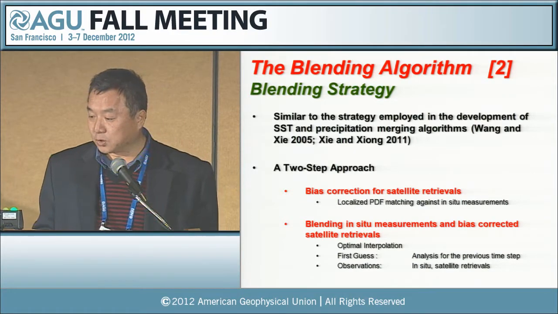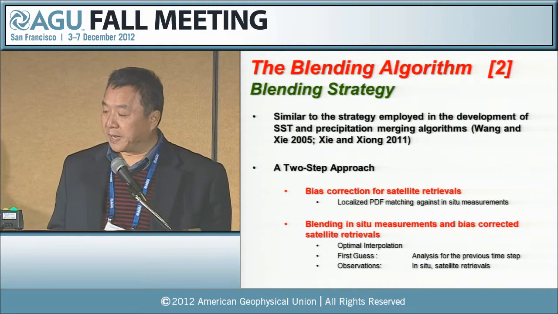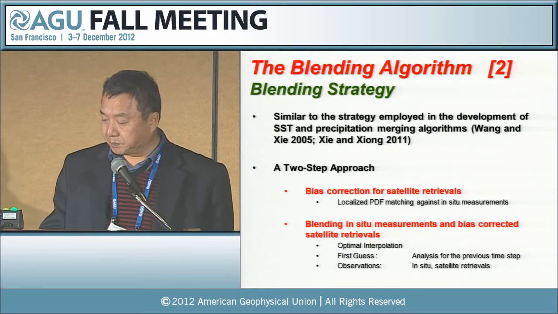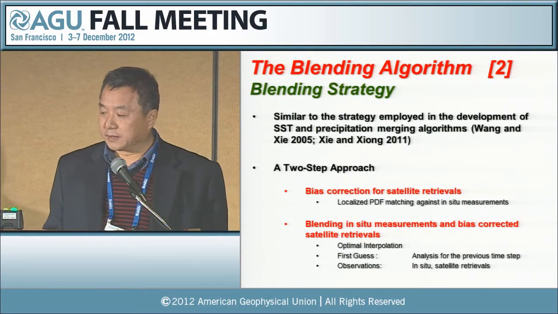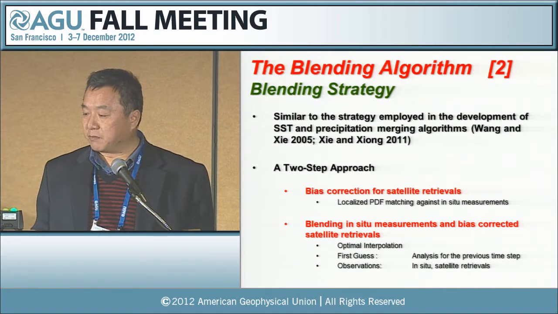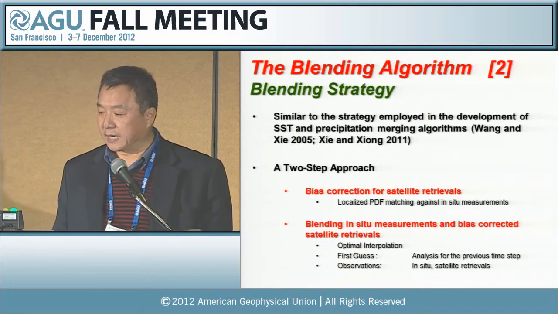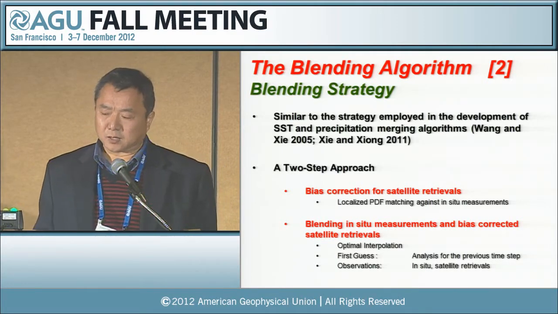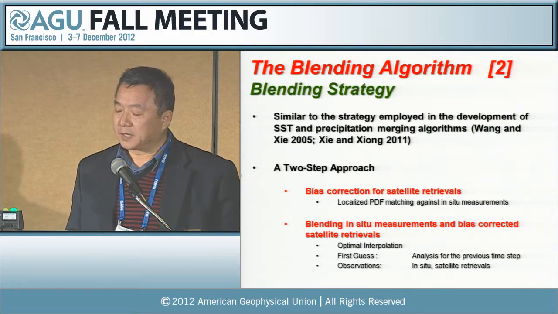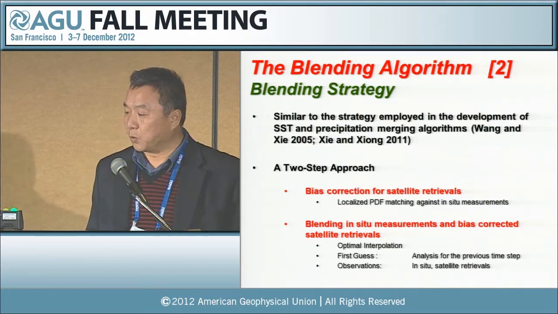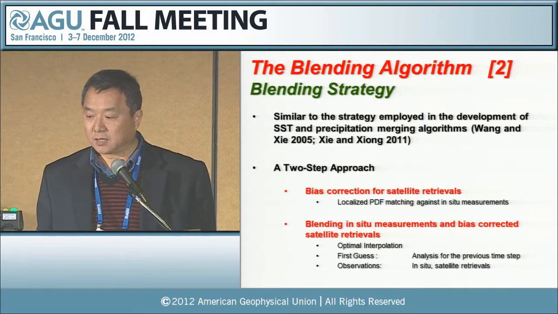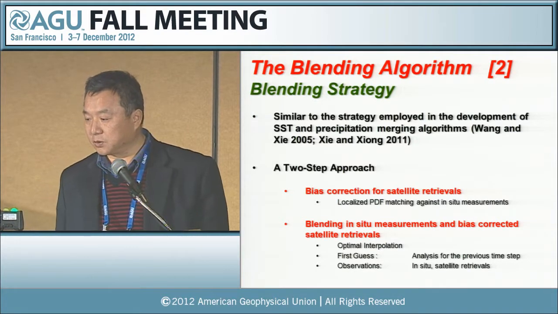And the second part is to blend the in-situ measurements with the bias collected satellite retrievals. The bias collection part, what we do is that we use localized PDF matching techniques. We collect the collocated satellite retrieval data and the in-situ data, and then we establish localized PDF tables, and we match the PDF tables for the satellite retrievals against that for the in-situ data to collect the bias,